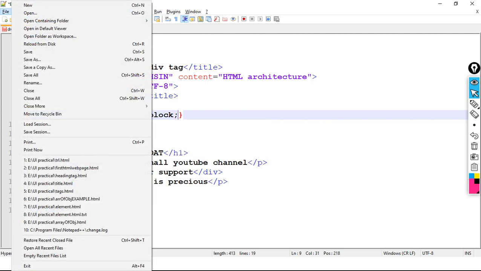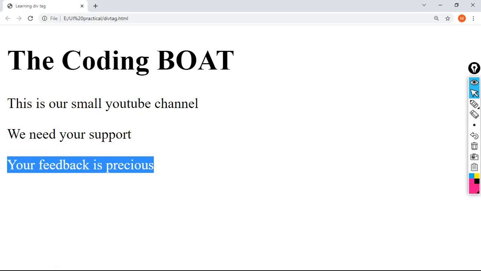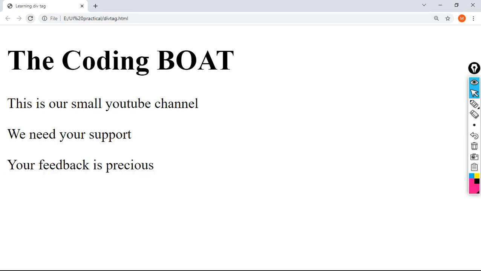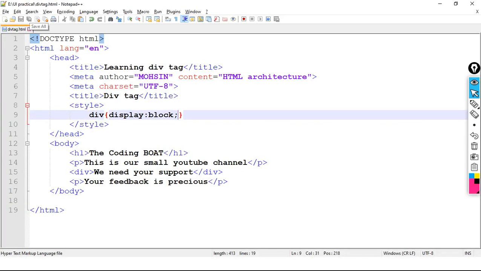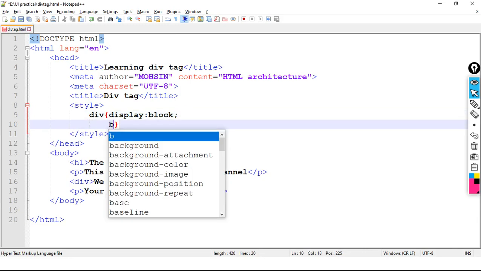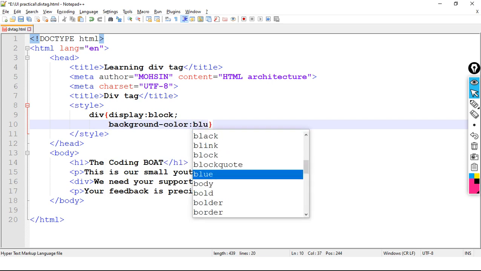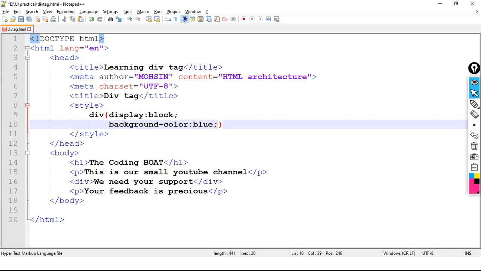Let me save the code. Code is saved. Now observe, background color blue, semicolon.